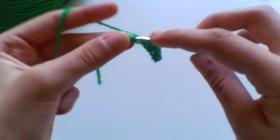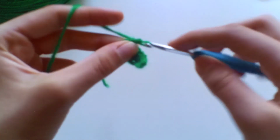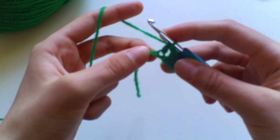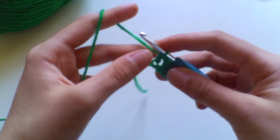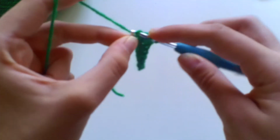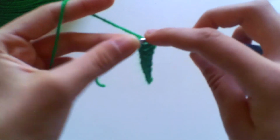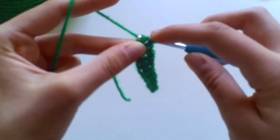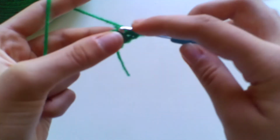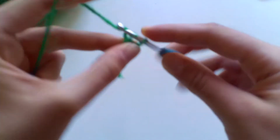That's 2. And that's 3. And then into your last chain space, you're going to work 4 treble crochets, and this will turn your corner. So 1, 2, working 4 all into that chain space. 3